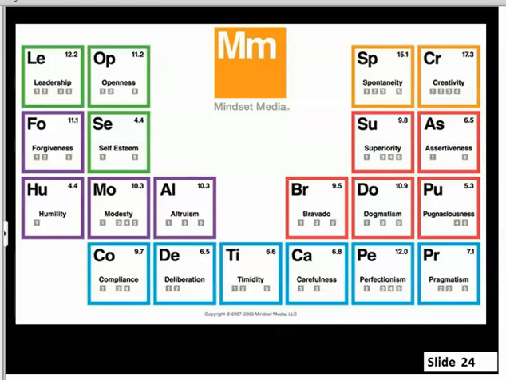This follows that kind of a format where it gives a bit of information in each block. Okay, and again, I give you the website to go to for that. It's Mindset Media. You can just Google them and go there, and they have the definitions for each of these and what the spread of the population would be for where they've done the study.